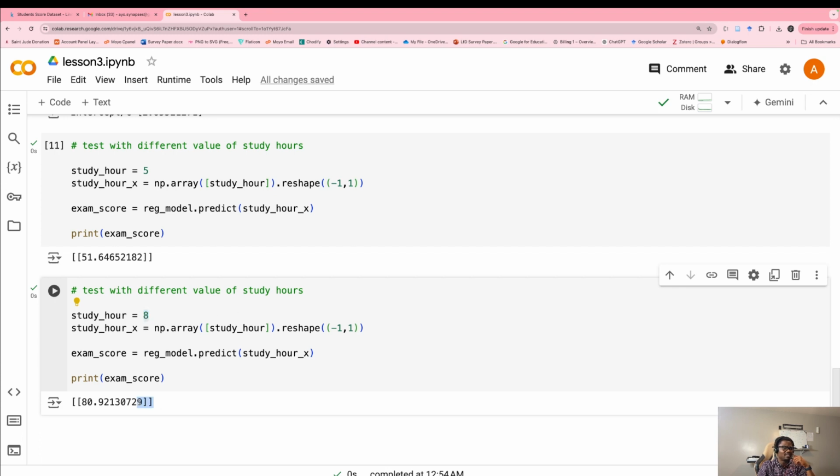Then let's see what our AI will predict as the exam score based on the study hour. The only thing that you need to change is just this, right? So for example, if somebody studies for 1 hour, wow, the person will score 12%. That's not good.